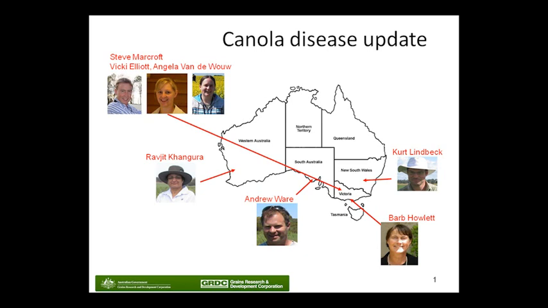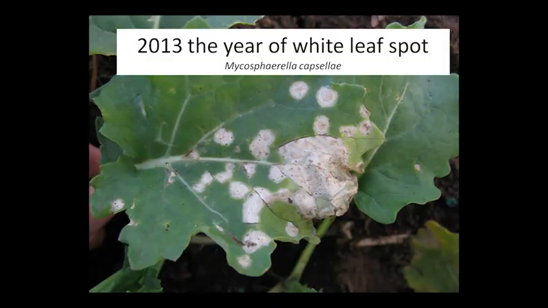We've got a new 5-year project that's just started, funded by GRDC, being a national project. Obviously we're working on Blackleg, but as a change we're putting a much larger focus also into sclerotinia, and really for the first time in Australia, up until the last 30 or 40 years, we've really just funded Blackleg research. We're now starting to look at a few other diseases as well for the first time, which is great. So that's where we're going to start today, is looking at other diseases and then move back onto the more